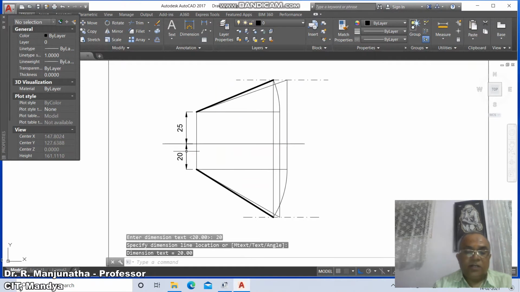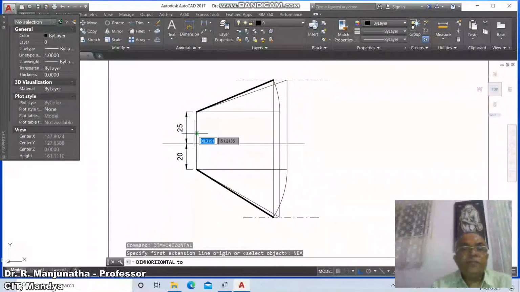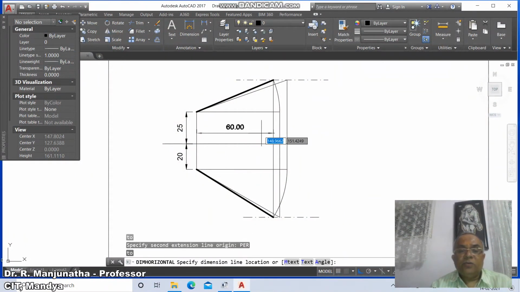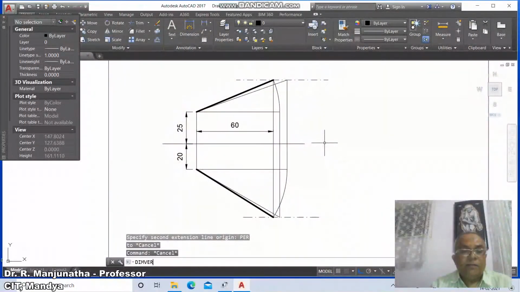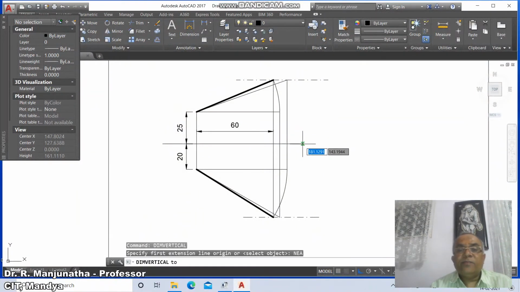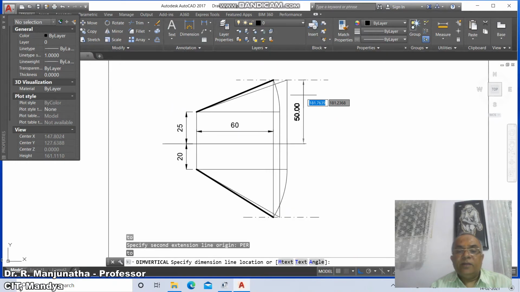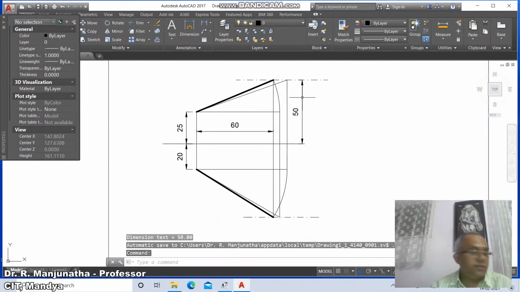Then go to dim horizontal, take nearest on this and take perpendicular to this. So here go to text, type 60 and place it wherever you want. Then dim vertical, take nearest point on this, take perpendicular to this and here go to text, type 50, enter and place it. Then go to dim angular,